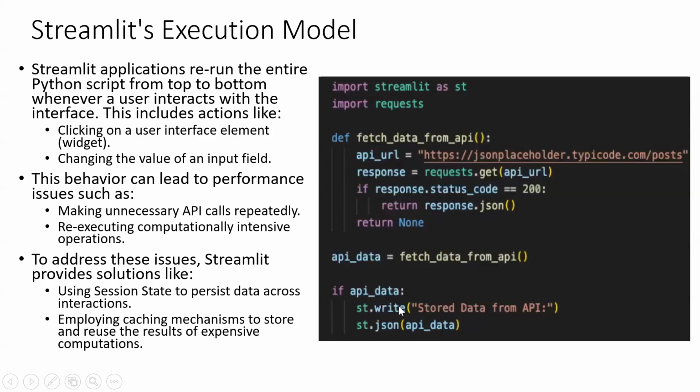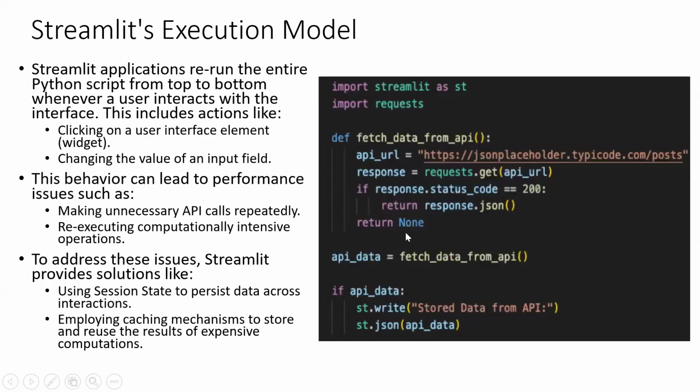And then if API data has some value, I'm writing it on the UI, isn't it? But the problem with Streamlit is that whenever I'm doing anything, like st.write or st.button, if the user is doing any action on the UI, it basically reruns the entire file from top to bottom. So Streamlit applications rerun the entire Python script from top to bottom whenever a user interacts with the interface. This includes actions like clicking on user interface elements, like widgets, changing the value of